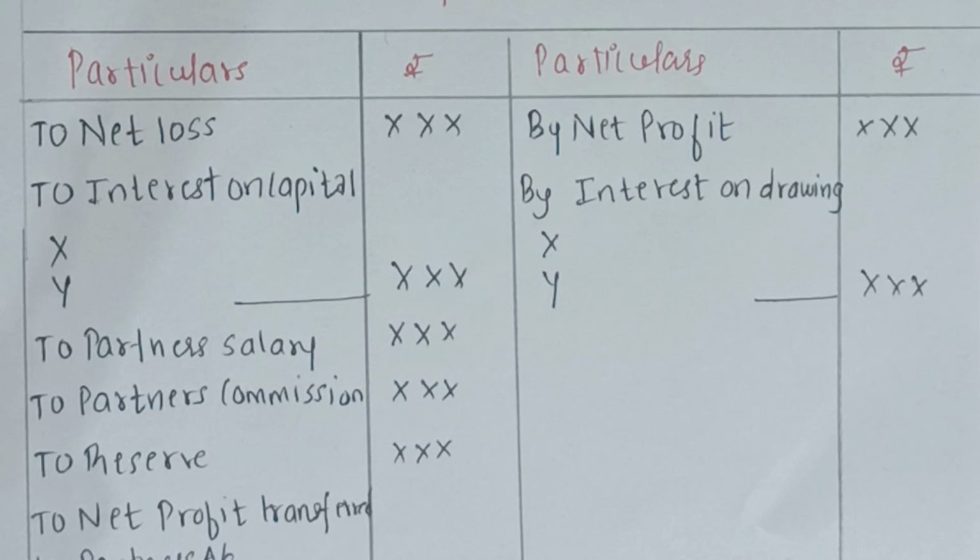Another example of this could be if it is just mentioned that Mr. A is paid salary of rupees 5,000. Per annum is not mentioned. Okay, it's just mentioned 5,000. So we have to assume that it is per annum.